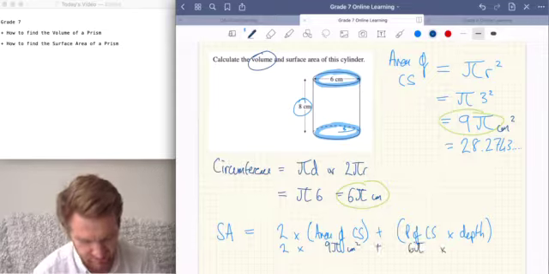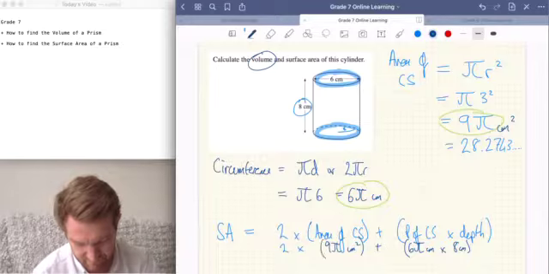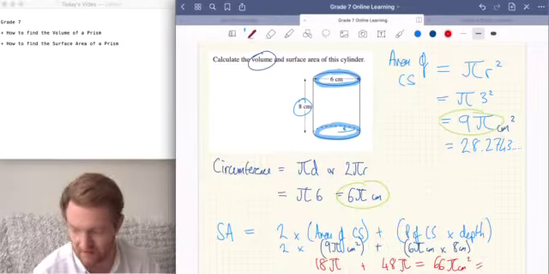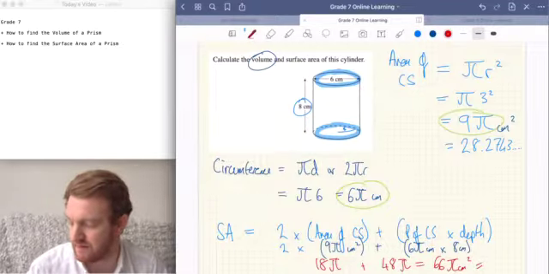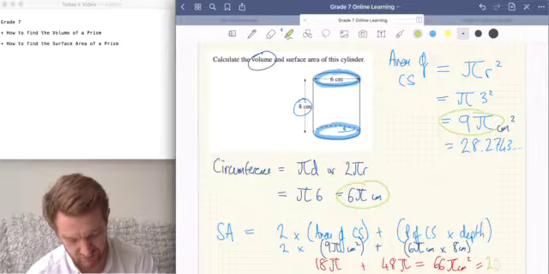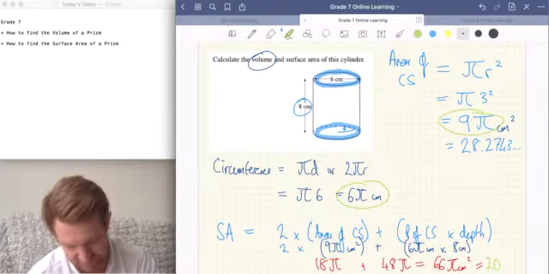The depth was 8 centimeters. Then you do that on the calculator, it gives you 18 pi plus 48 pi, which is 66 pi centimeters squared. Although you can do that on the calculator and it will give you a decimal. Do it to 2 decimal places and that would give you 207.35